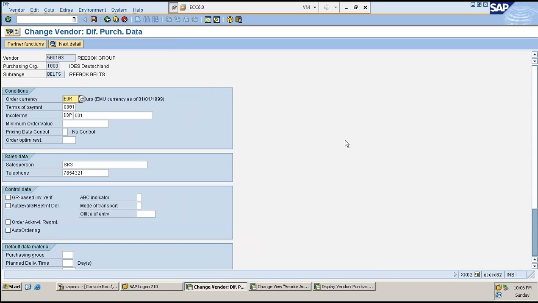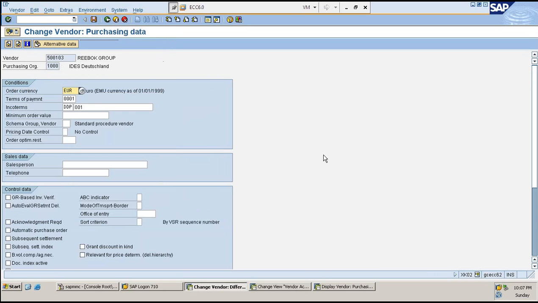These words are not coming easily to me. I'm so sorry. If I go to belts, it's SK3 and his contact number is this. If it's shoes, SK2 and his contact number is the other one. And it will be easier for me also. I'll establish a call directly to him and tell him, boss, this is what happened, so please ensure that you send me only about $2,500 or 250 pieces or whatever it could be. So this is one significant feature, and this is also again controlled by what?